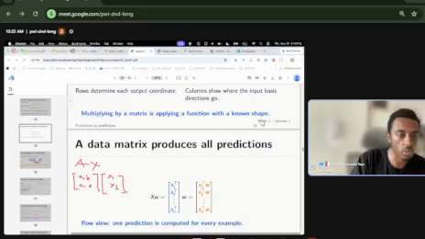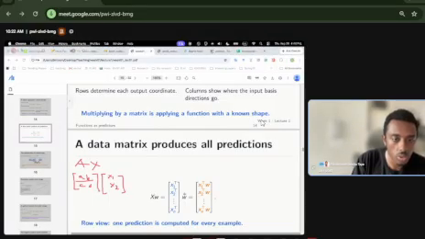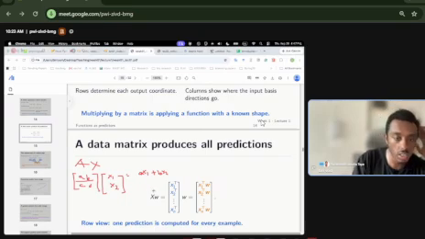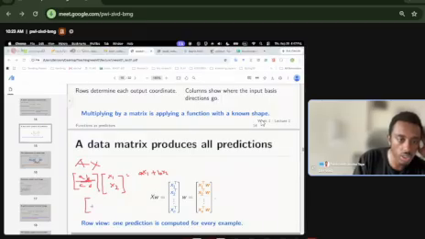So when we multiply, we take the first row, multiply the entries, and at the end the first output becomes a x1 plus b x2, and so on. One way to understand this is that it's a dot product between (a, b)